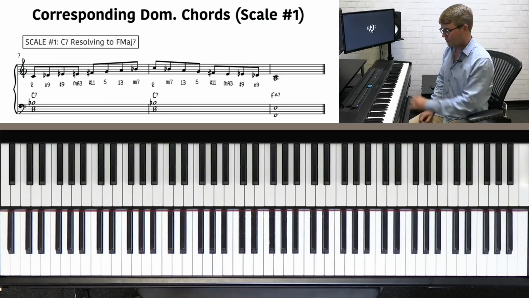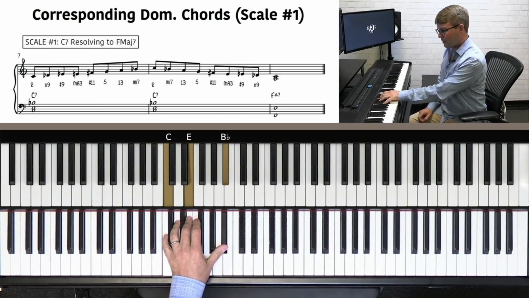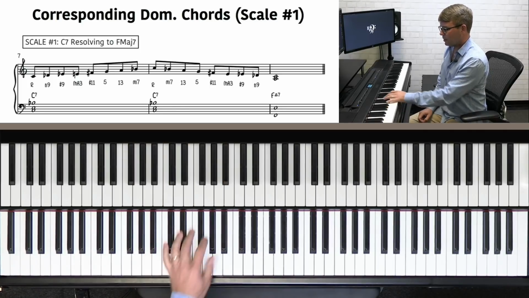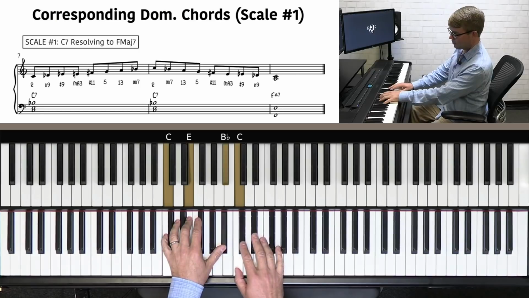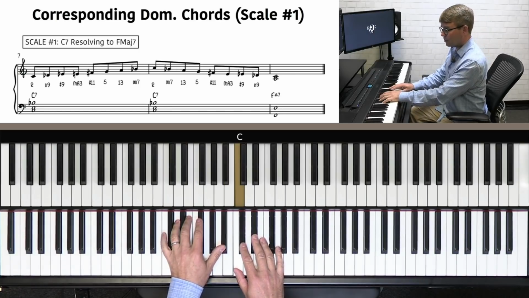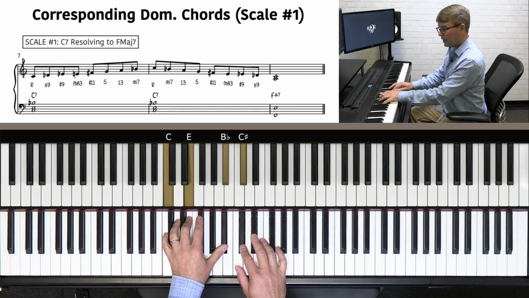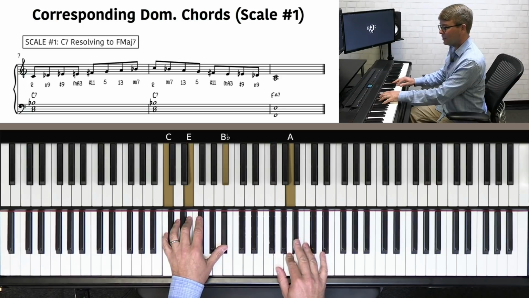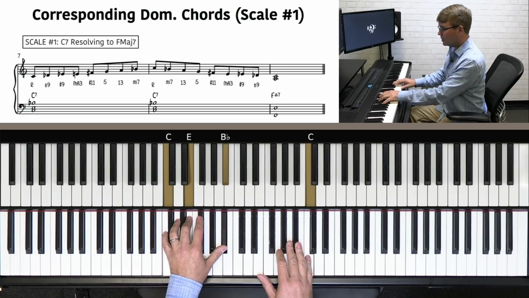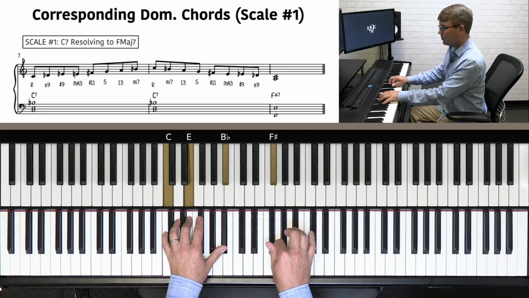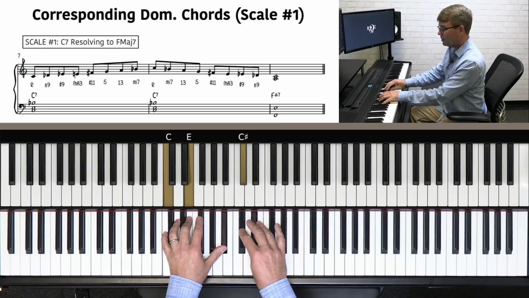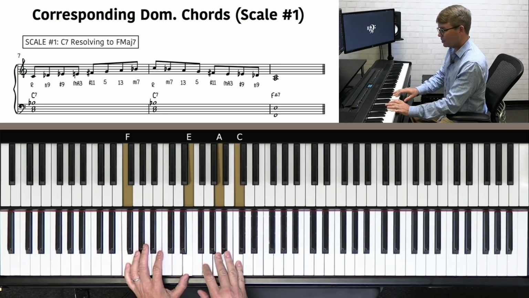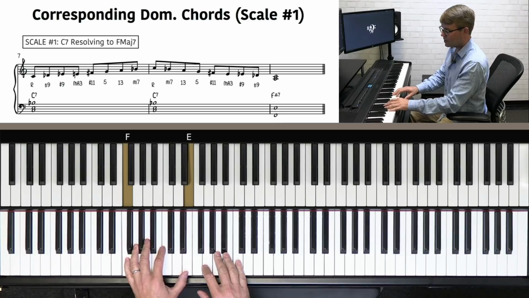starting with C7. Now C7 is 5 in the key of F, so we're going to go from a C7 to an F major 7 using the first diminished scale, starting on C. So we're going to start with C and go root, flat 9, sharp 9, 3, sharp 11, 5, 13, flat 7. So doing the scale up and then coming back down. Now when we get to the bottom of the scale here, we're going to resolve it to the 1 chord,